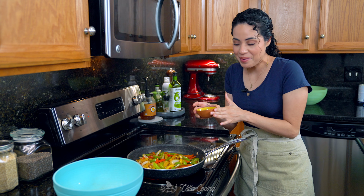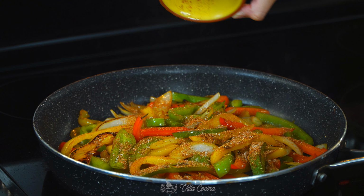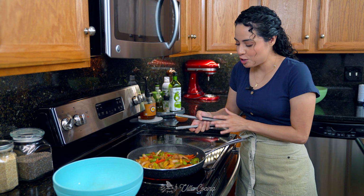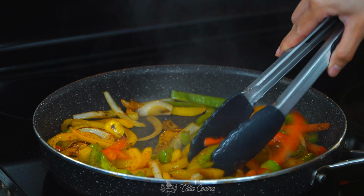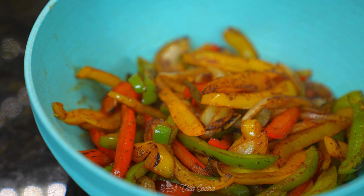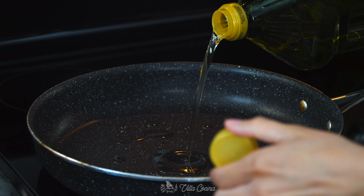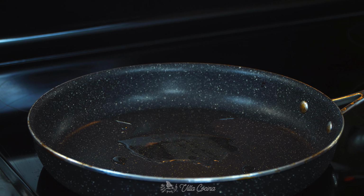Sprinkle that seasoning mix we set aside. And I'm adding this just before I think they're done because I'm going to allow them to cook for an additional minute. Yes. And remove them from the heat when they're done. Lower the heat to medium, and on the same pan, you want to heat 3 tablespoons of avocado oil and